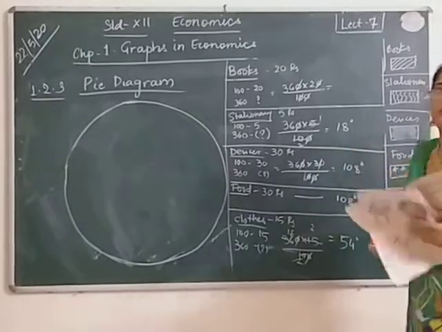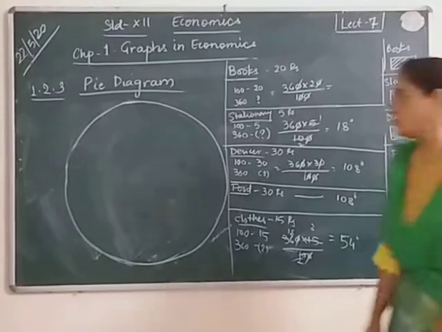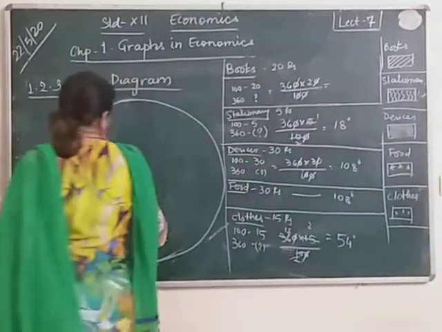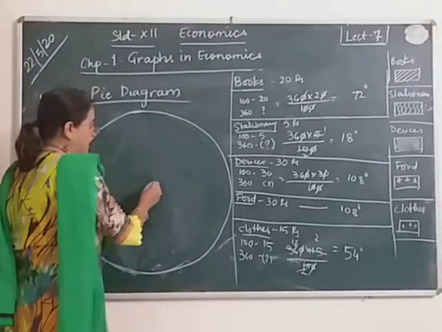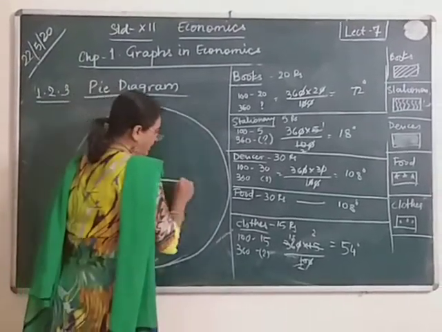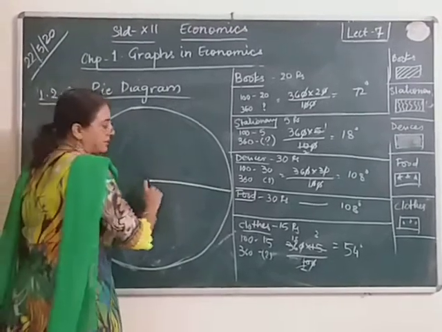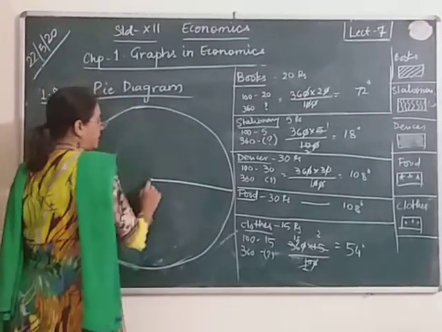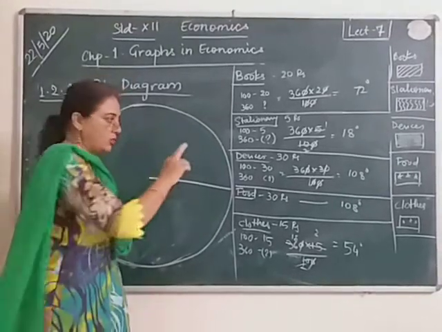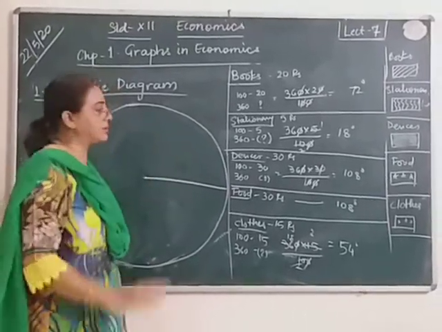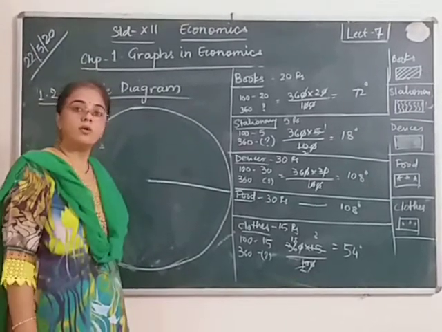Now we have to plot this. How will we plot? That is to be understood. You have to take the center point. Let us take the center point as this. Take any one radius here. You may take any radius, it can be a straight line, it can be this line or this one. Any one radius has to be taken as a base. So it starts with a radius. First take a radius, and after taking the radius we have to plot the 72.